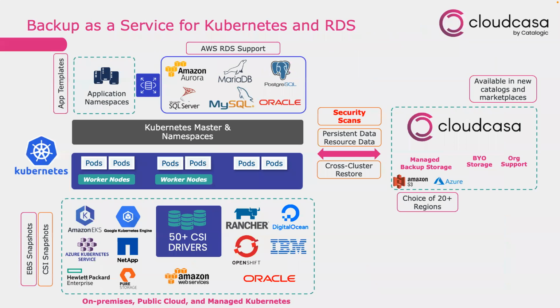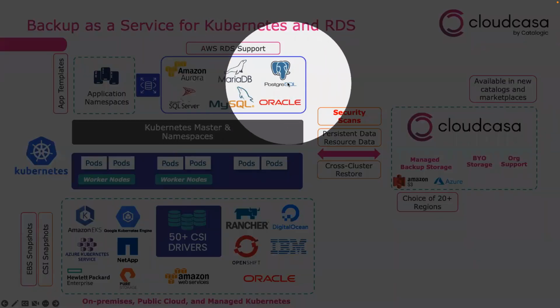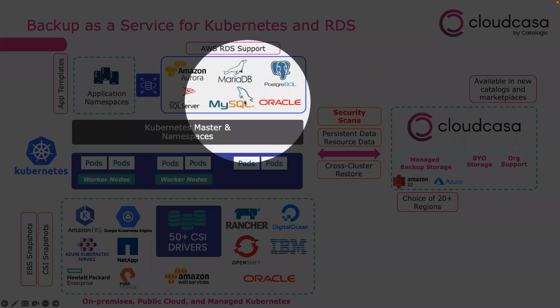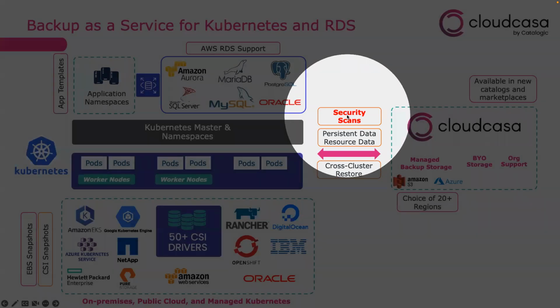Okay. And another cool thing I really want to highlight here is when customers, especially Amazon AWS customers, initially deploy containers, they're running Amazon EKS. What about the persistent database? Most likely they might use Amazon RDS. It could be any one of the databases listed here, or MariaDB or PostgreSQL, MySQL, or SQL Server, Oracle, etc. But these databases, you also need a backup. So in addition to providing the backup for your Kubernetes containers, CloudCasa also provides the capabilities to back up the RDS databases. So I know today our focus is about the security scan capabilities, but just to highlight, in